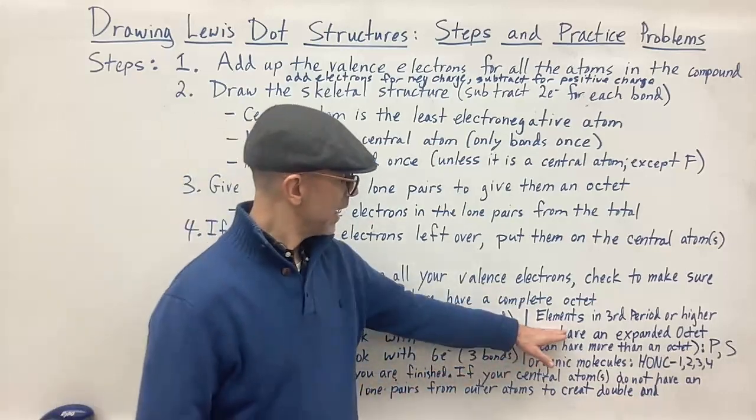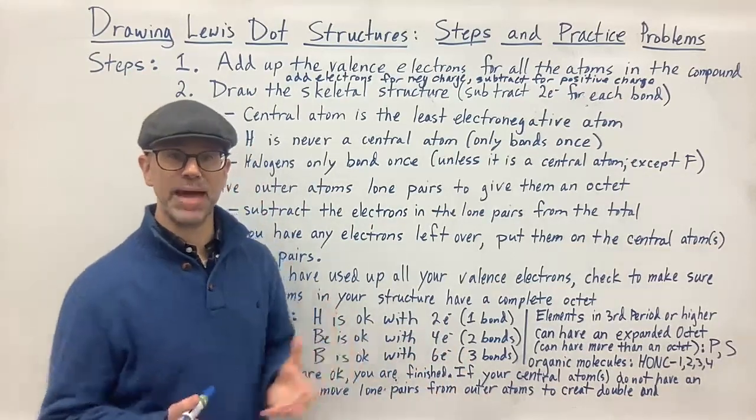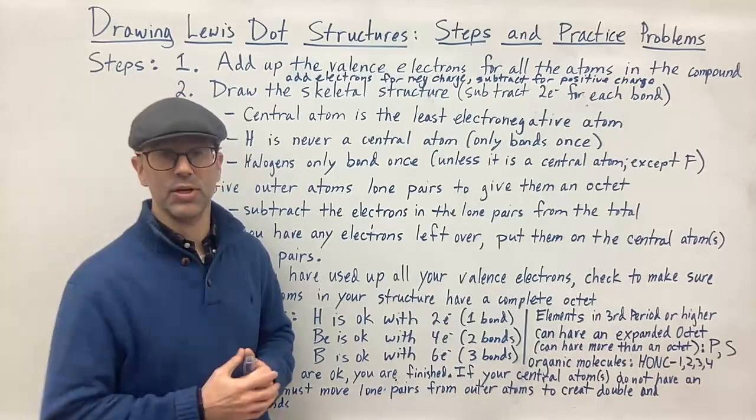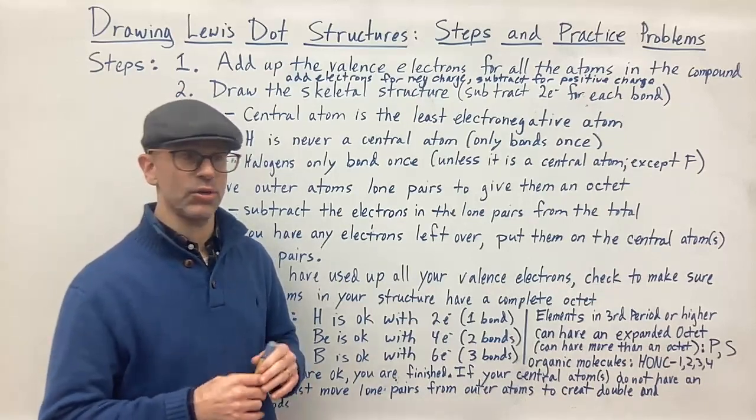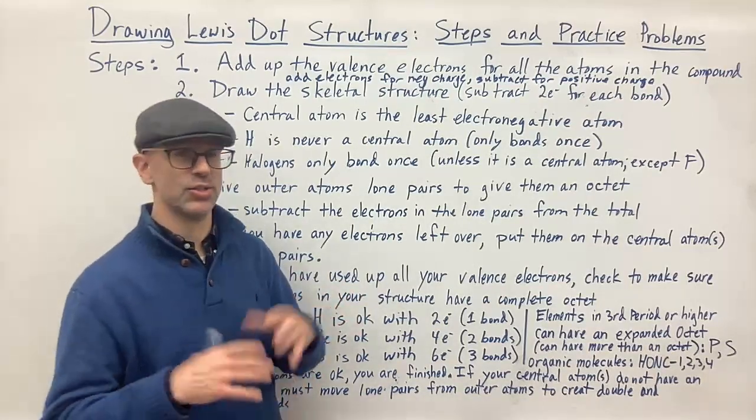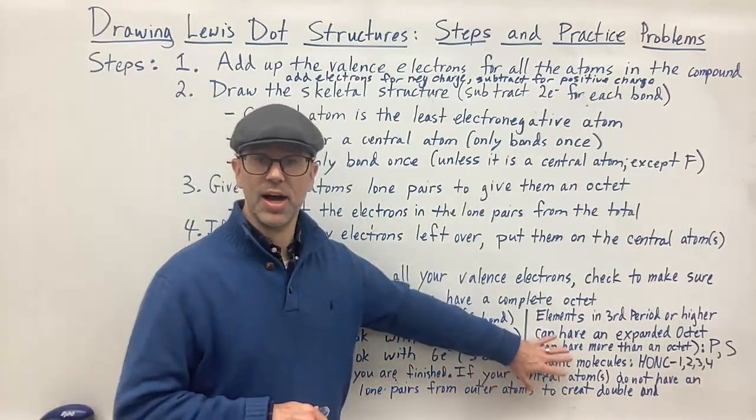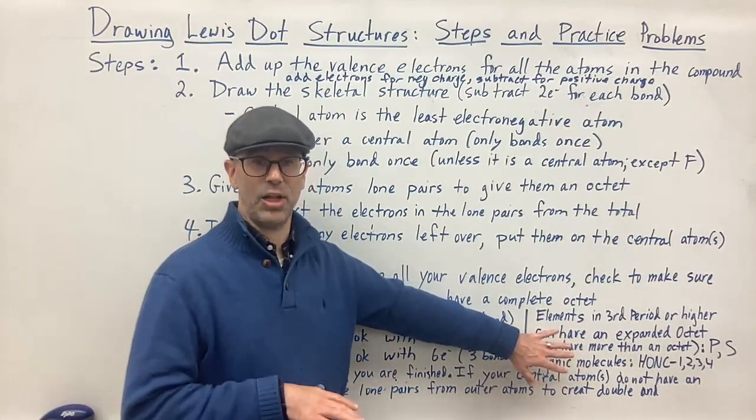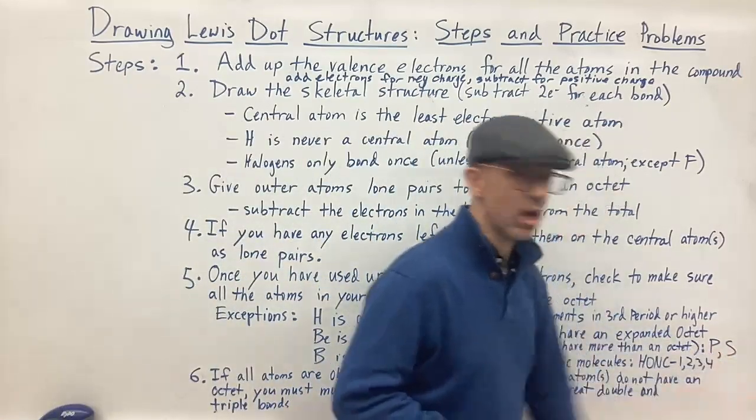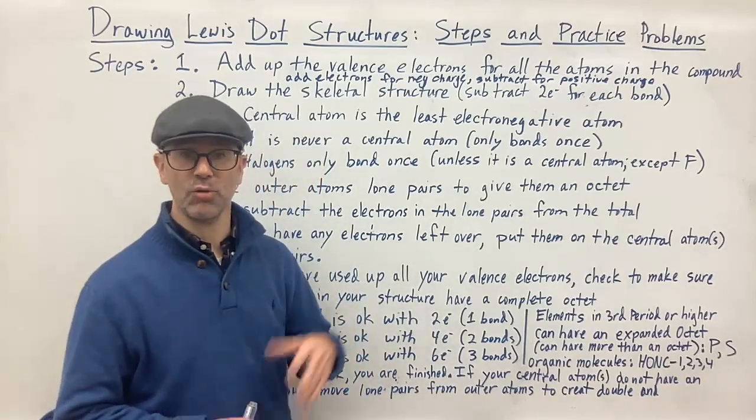Other exceptions are elements in the 3rd period or higher. They can have what is called an expanded octet. That means they can have more than 8 electrons or more than 4 bonds. They could have 4 bonds and 1 lone pair, so that would be 10 electrons. They could have 10 electrons, 12 electrons. That's okay if your central atom is an element in the 3rd period or lower. For example, phosphorus and sulfur are often central atoms that can have an expanded octet with 10 electrons or